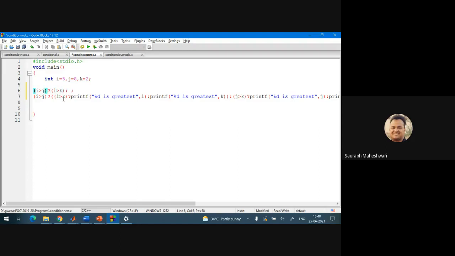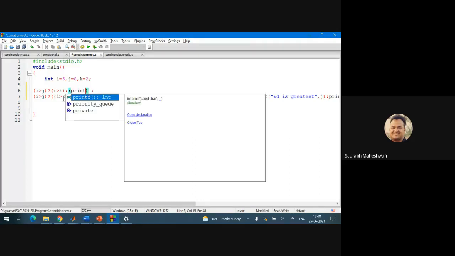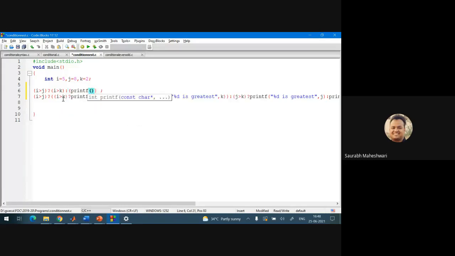What does it mean? i is greater than j. If this is true, you compare with i is greater than k, and if this happens, it means printf person d is greatest. And who is person d here? Can anyone tell? Who will be person d here? i. Okay, so i would be greatest here.